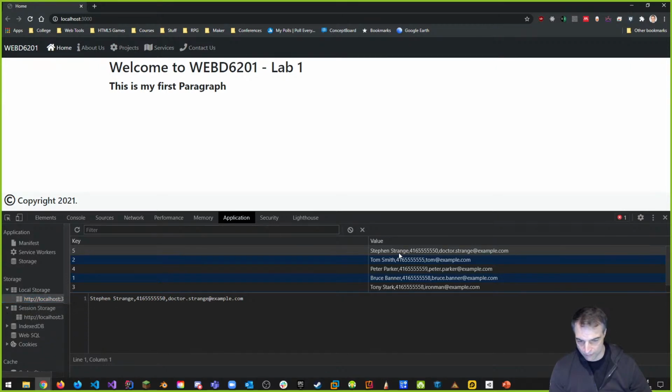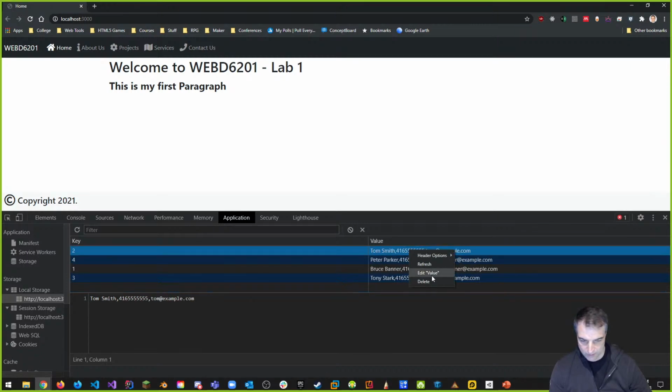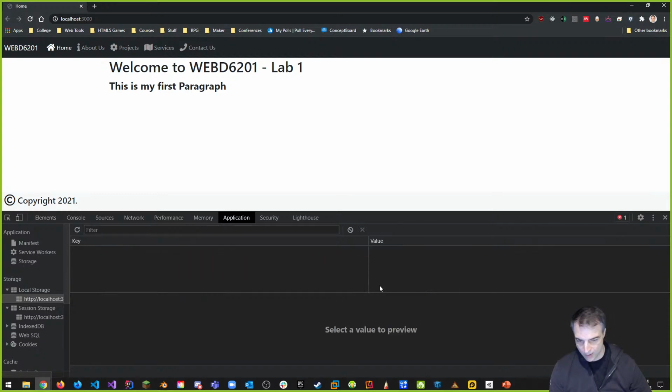Okay, so you can see here I've already got some stuff in the local storage, and what you can do is I'm just going to delete these. Just going to start over. I'm going to show you how this is all done and what I did for all this stuff and how I came about to put this stuff in place. So there's a lot of little steps for us to get there,